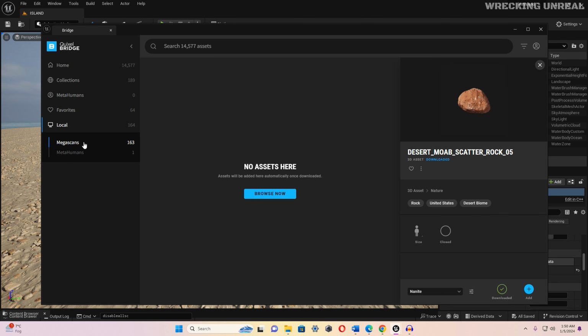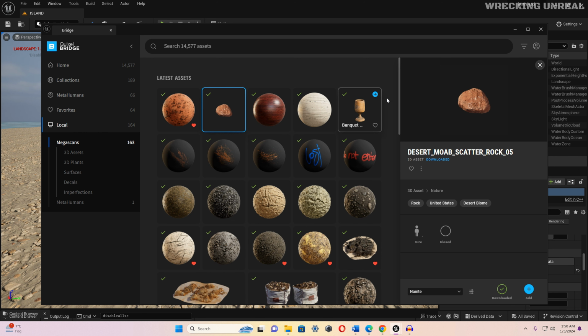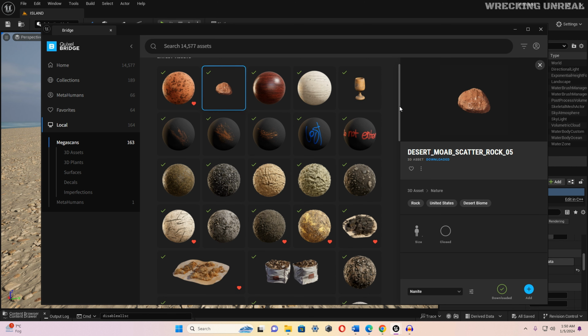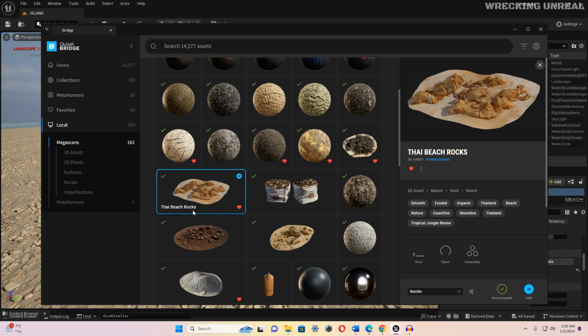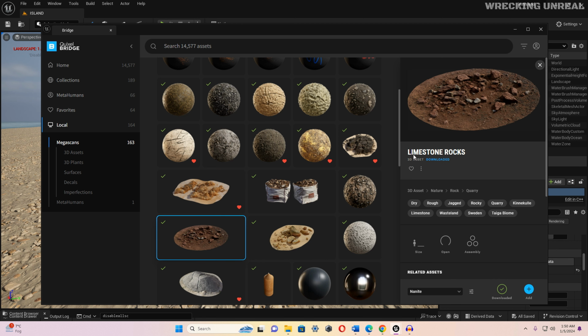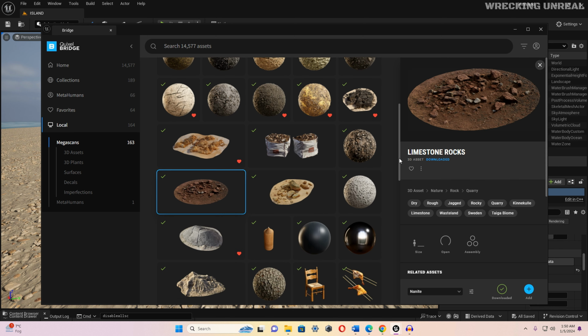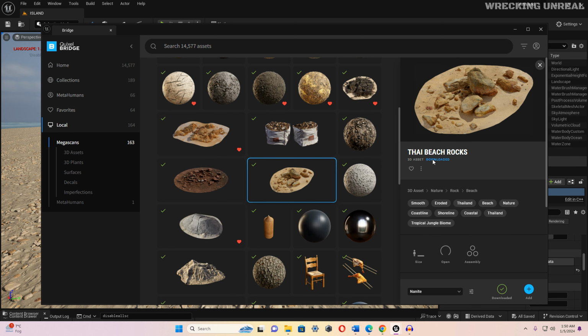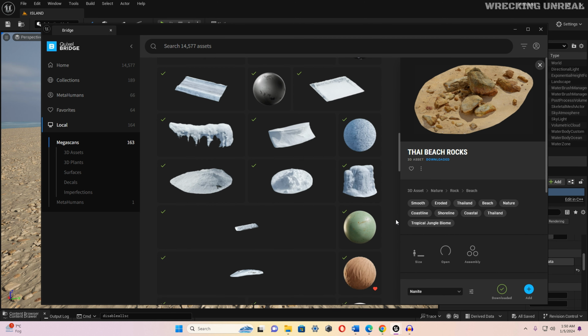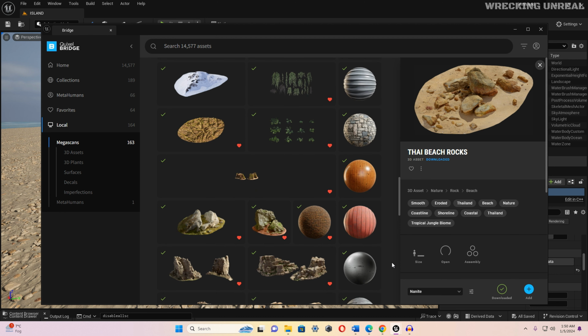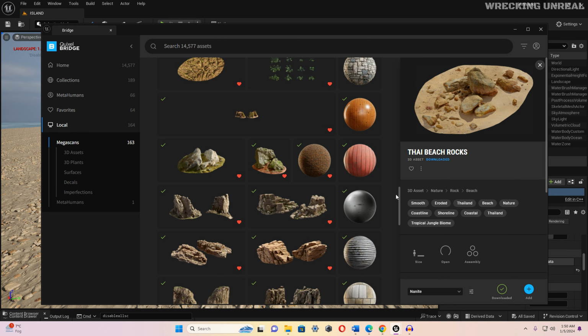Okay, and then I have downloaded this 3D asset. This is Thai beach rocks, and this is the Thai beach rocks. This is one, and then this is the limestone rocks. After that, I have downloaded this one. You can just type in their names in the search bar and you will find it. It's pretty easy. And then you will go down where I will find the